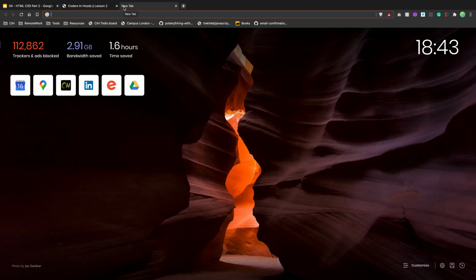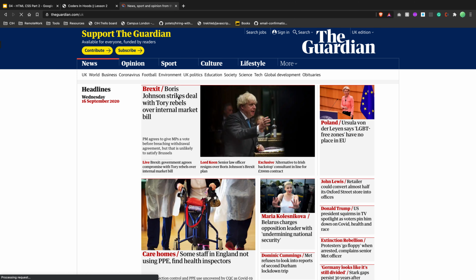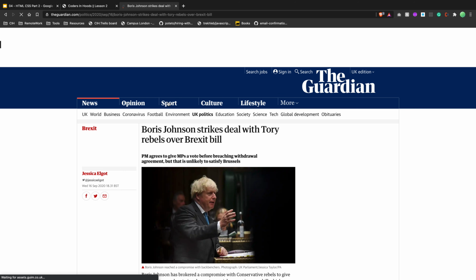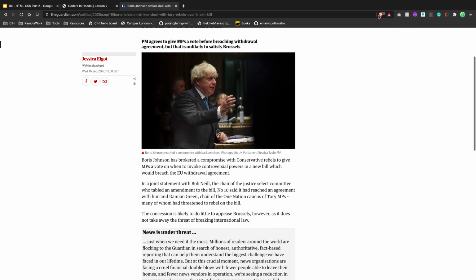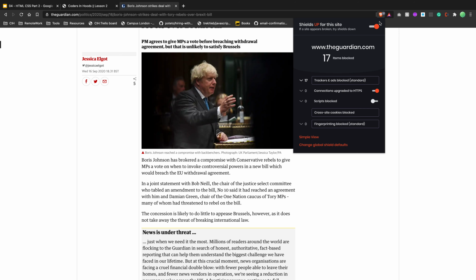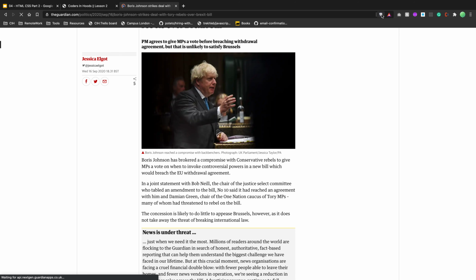I'm always showing the example of the Guardian, because they are a publisher, and they actually do a good job with CSS, because if you land on this page, right, and this is an article, if I even unblock all spam,